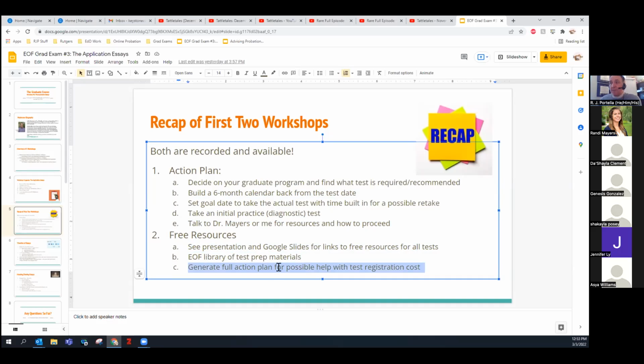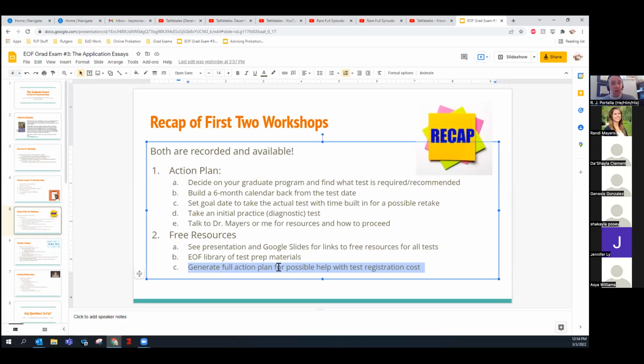And then remember, if you weren't at the last session, if you generate a full action plan to take these tests, EOF may be able to help you with the test registration costs, but that includes taking the diagnostic, having a goal date in mind, knowing where you're going to take the test, and anticipating what the deadline is.